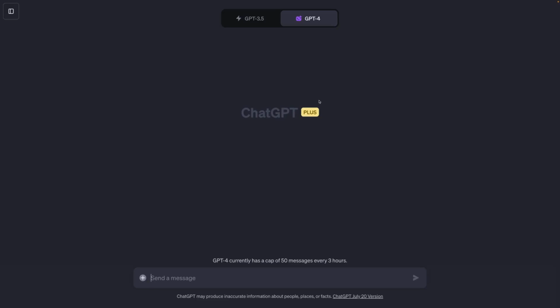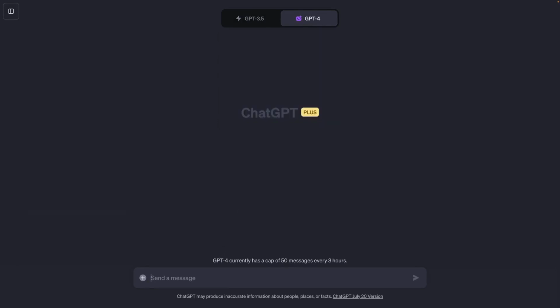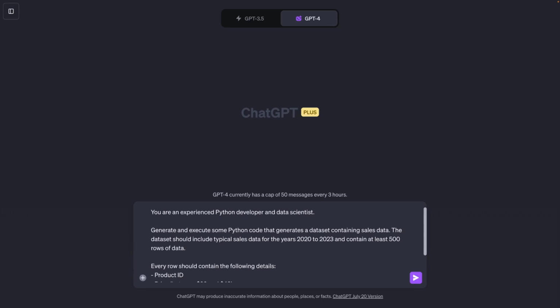Another great use case for ChatGPT and Code Interpreter can be the generation of dummy data. Now, actually, ChatGPT is already good for that use case even without Code Interpreter, but it can get even more powerful with that extra feature enabled. And you could therefore send a prompt like this to ChatGPT with Code Interpreter enabled to get ChatGPT to generate